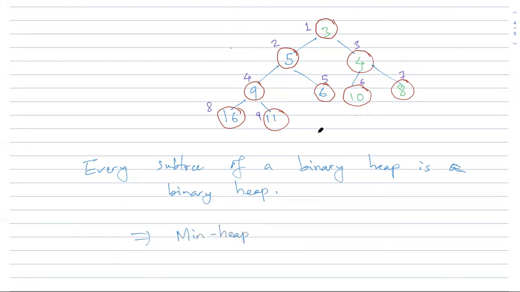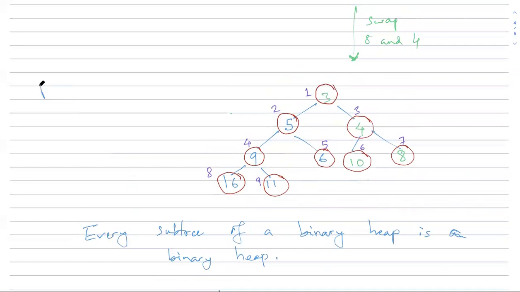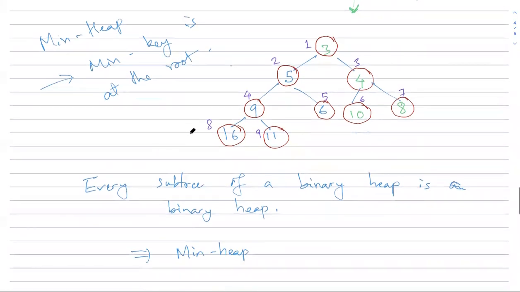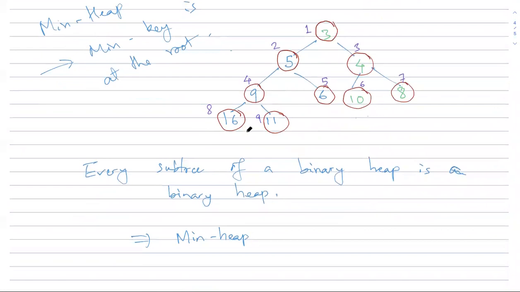So this kind of heap is called min heap. So min heap is where the minimum key is at the root. And likewise, a heap can also be a max heap, in which case the max key